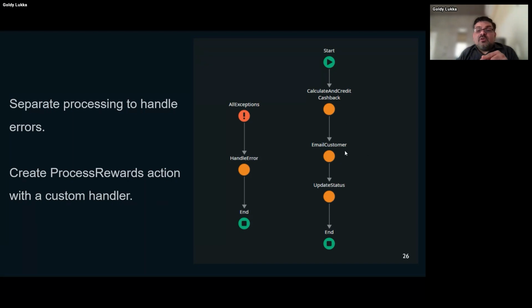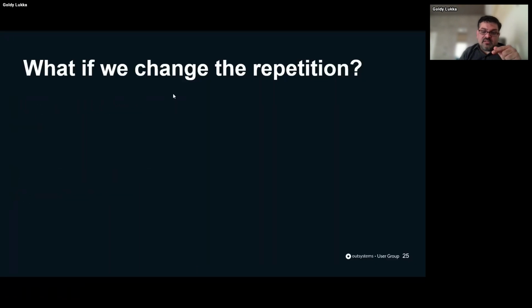But we want all these three steps to finish correctly before the timer proceeds to the next record. In case of an error, what we are doing is we are handling the error within the same action. We are not letting the error go back to the